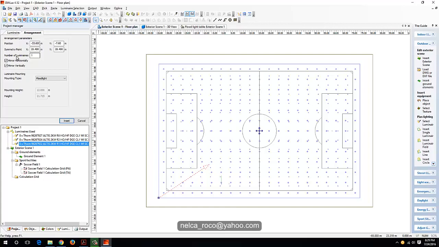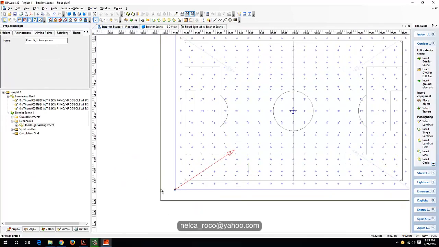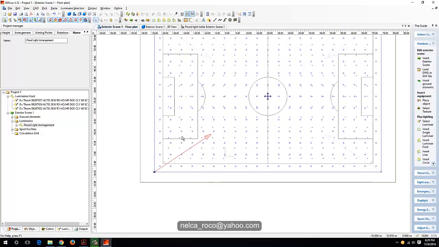Okay, so we will insert. Let's say, for example, let's add 4 luminaires. Okay, we need to achieve 75 first, right? So let's go for 2 luminaires first. And then select this one and then say user defined. And then you can adjust the mast or the pole height here. Let's say, for example, you will use 16 meters. And then insert. If your client has pole height requirements, then you need to use that one. Okay, so now you have your